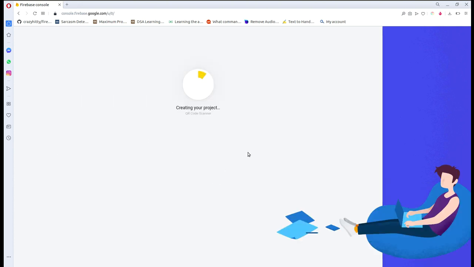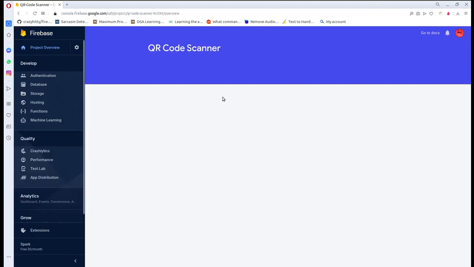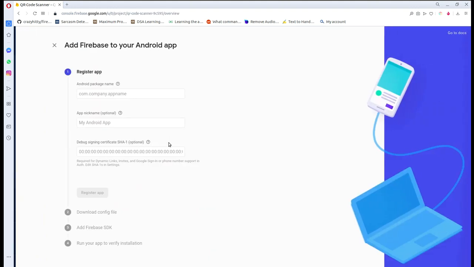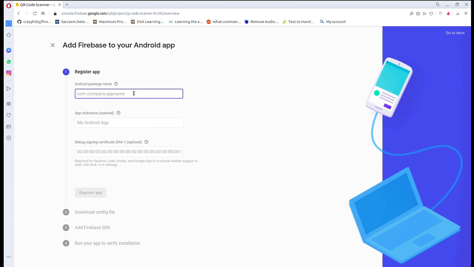So here we are going to use the Google ML Kit provided feature barcode scanner. Actually the QR code features also come in this category, and we will implement this in Android, and it is an easier method to do that. Then we use custom models. Here the project is ready. So now we'll click on continue, and then we have to click on Android, and here we'll give the Android